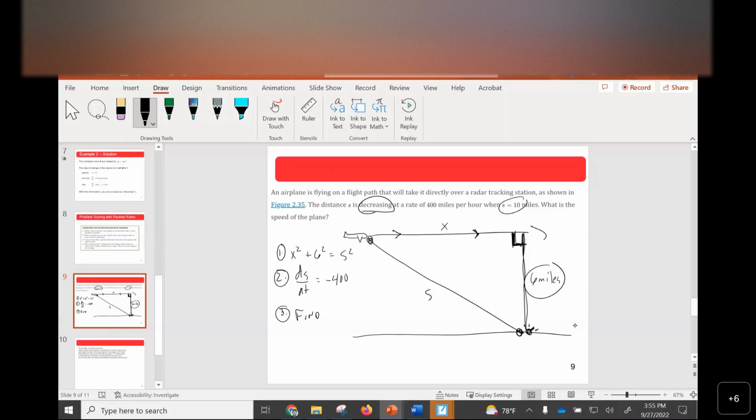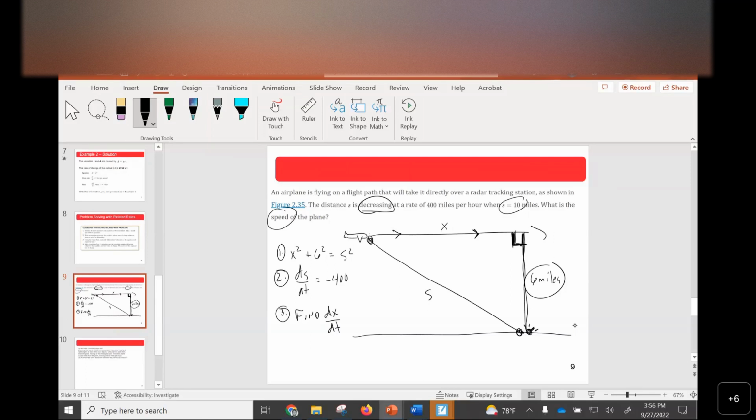Go ahead, Jake. It'd be dx over dt. Dx dt. Does that make sense, Eiley? Yeah, that makes sense. Dx dt. Now we got to be careful because dx dt, if ds dt is negative, dx dt is going to be negative, right? Or just based on my picture, dx dt is going to be negative because x is decreasing. So we're going to have to